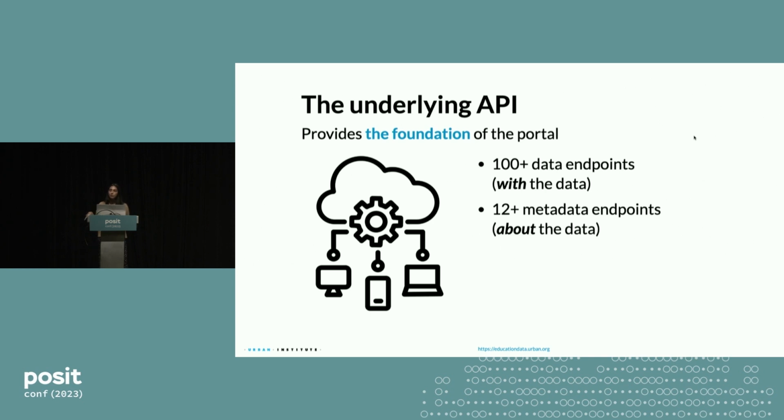Similarly, you can specify the columns you need. So if you only need tuition and the name of the institution, you don't have to get all 100-plus variables that a lot of these agencies typically include in the data files that they start with.